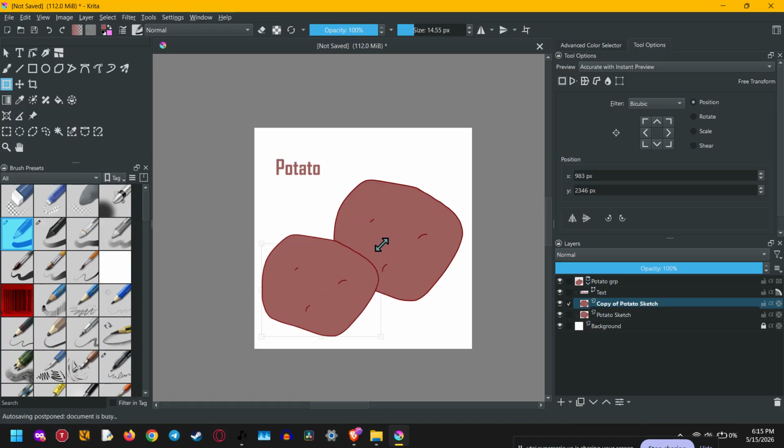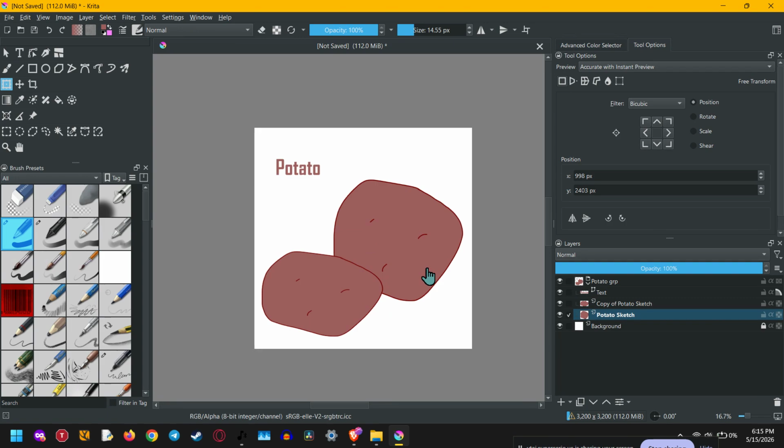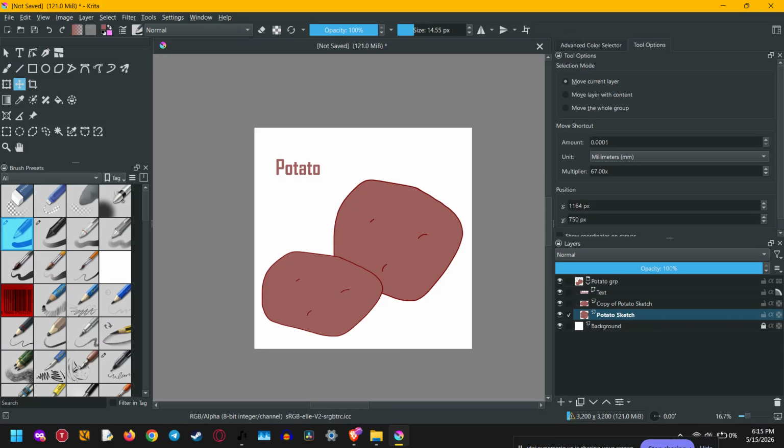You can duplicate as many times as needed, rename the copies if necessary, and organize them into groups to keep your project clean. So whether you use Ctrl J for speed or the right-click Duplicate Layer or Mask option for convenience, both methods will help you work much more efficiently in Krita. Once you get used to it, duplicating layers becomes one of those small but powerful habits that can really improve